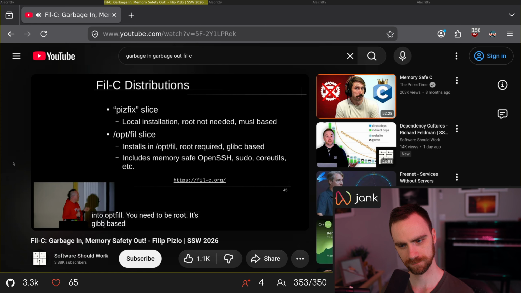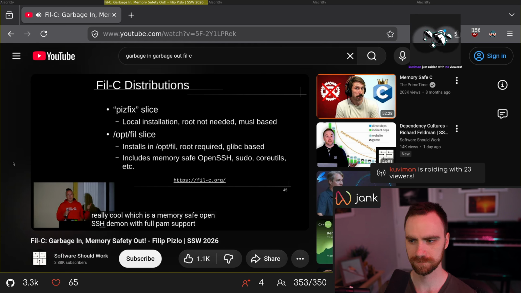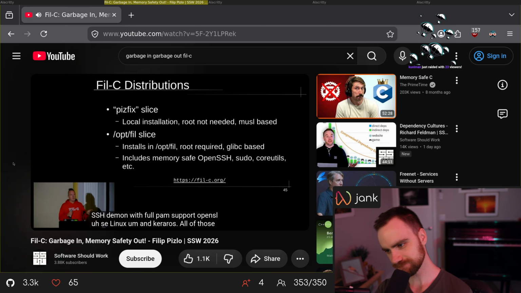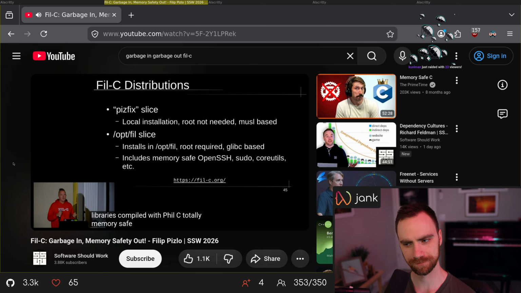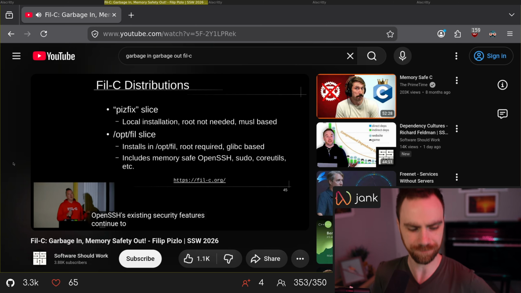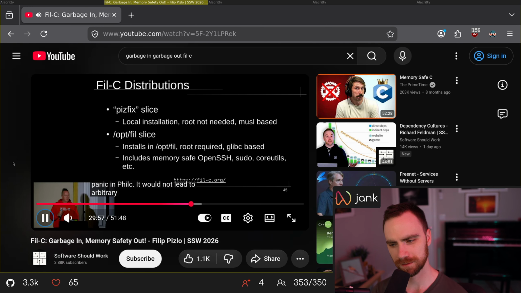It's glibc based. And it includes something really cool, which is a memory-safe OpenSSH daemon with full PAM support, OpenSSL, SELinux, and Kerberos. All of those libraries compiled with Fil-C, totally memory-safe. And Fil-C does support seccomp filter sandboxes, so all of OpenSSH's existing security features continue to work in this model. They're just even better because it's memory safe. So the next time there's a memory safety bug, like a regression in Fil-C, you want to be running this, because a regression would cause just a panic in Fil-C. It would not lead to arbitrary